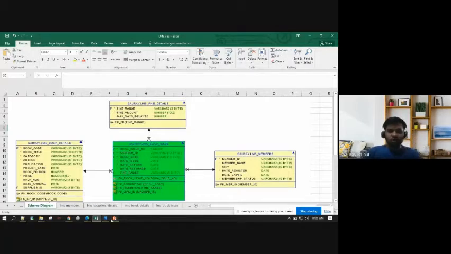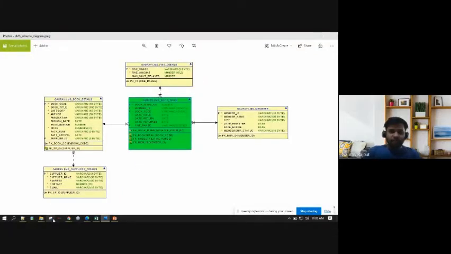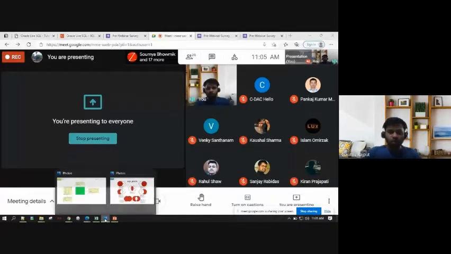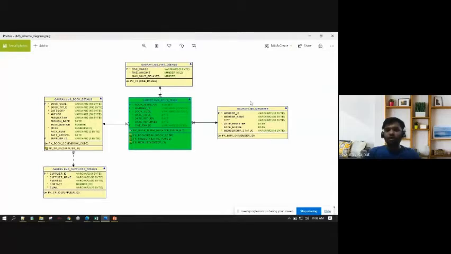So if you see here, this is the diagram that I have. I'm trying to address a library management system problem. So what are the things that I would like to see in my library management system? I want to address what the members are in my library management system. So I would need an entity that would capture the data regarding the members: member ID, member name, city, date registered, date expired, membership status. When you look at the data, you'll understand what it is.